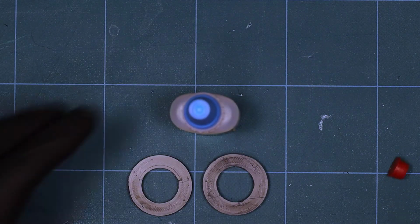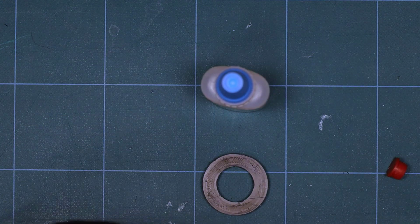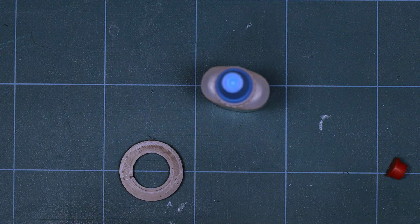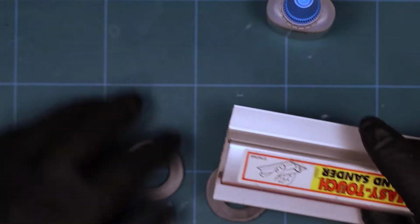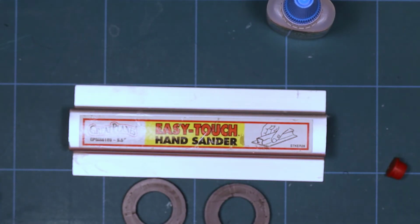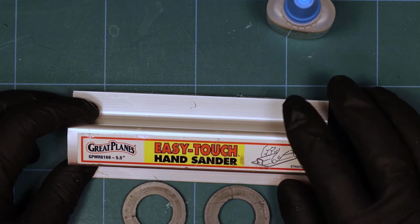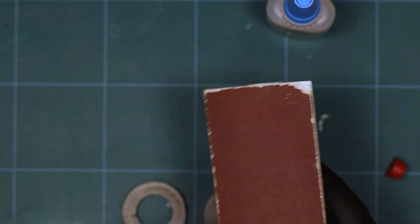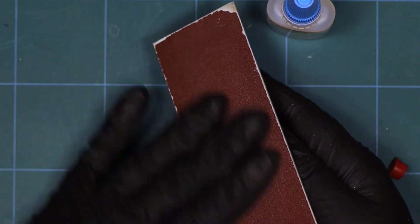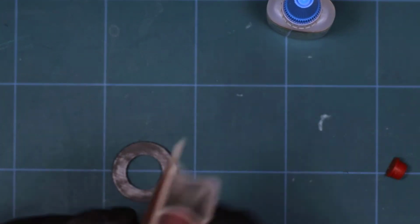PETG is made out of the same material that this glue top is made out of. So gluing PETG is a little bit more tricky, but that's okay. What you need to do is rough up the surface. So I have this handy little Easy Touch hand sander that I got. Great Plains makes this. I got this years and years ago, and it has been the best sander I've ever had. It's a little T-shaped sander. You can put any sandpaper you want on the back of that. Just use the 3M spray glue and glue it on, and then you just rough up the surface just a little bit. You need enough for that glue